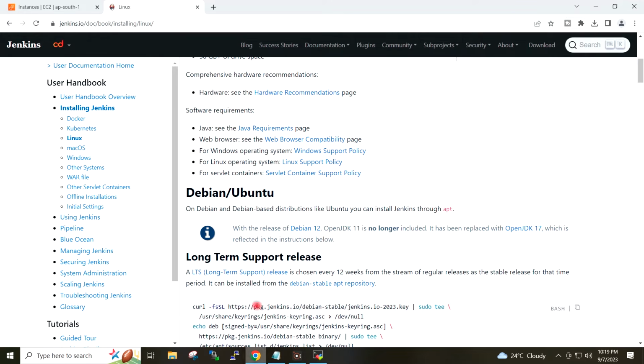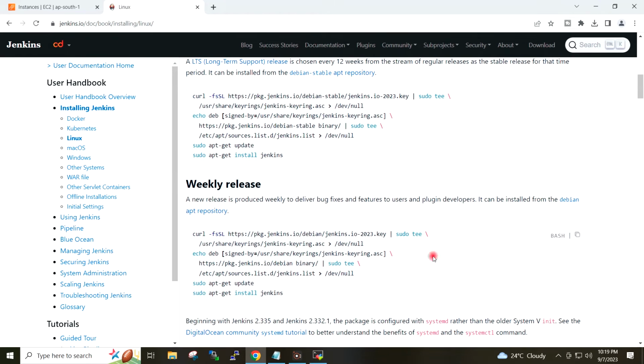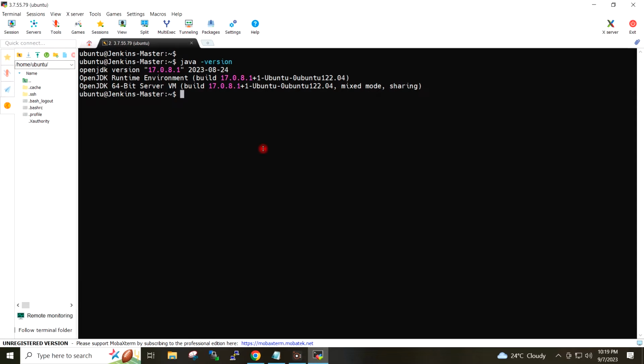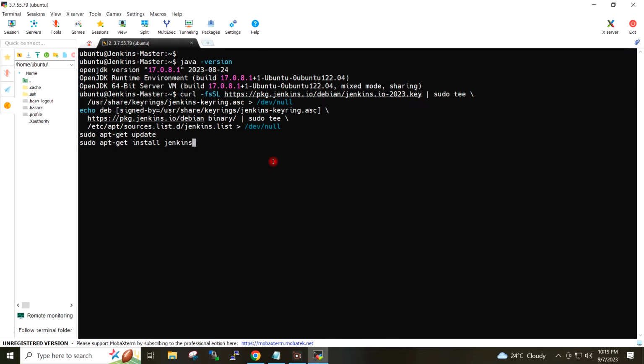I will go to the Jenkins documentation page and under Ubuntu I will copy this weekly release and paste it here on my server to start the installation of Jenkins.